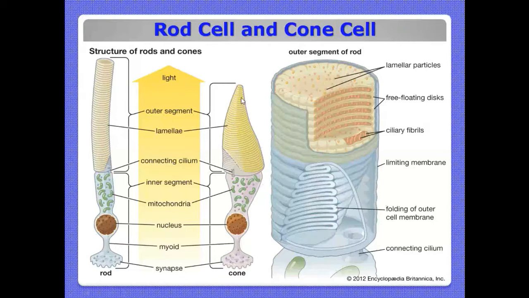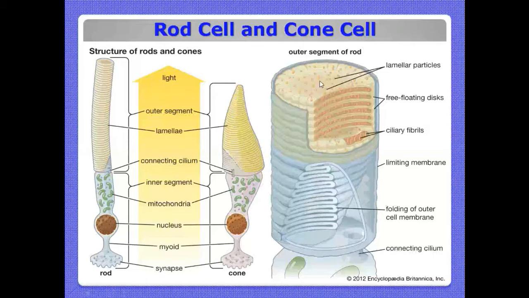Here it is looking like a cone shape. That is why it is called a cone cell. So both are having lamellae in this rod and cone shape. This is called the entire outer segment. So light is coming from the eyeball lens. It passes through this inner segment and goes to the outer segment. This is the direction of light.